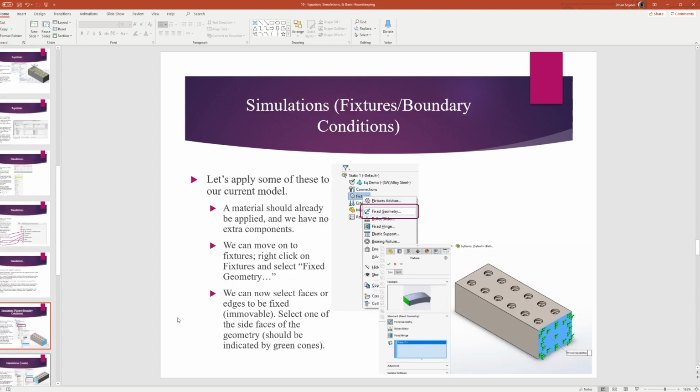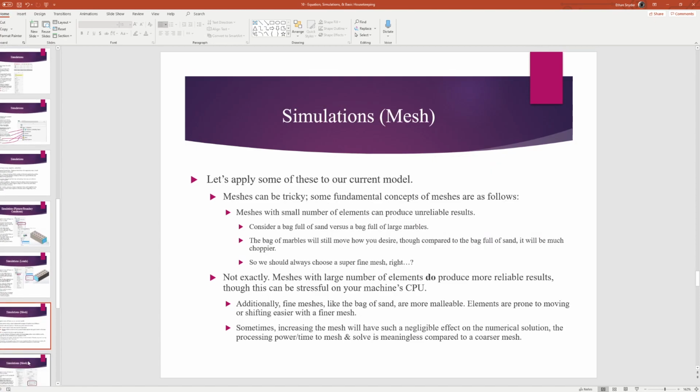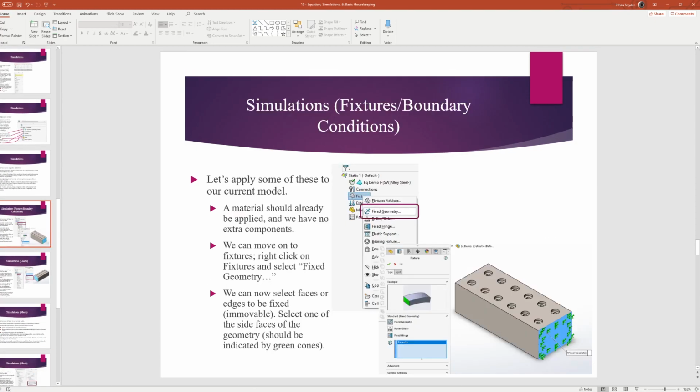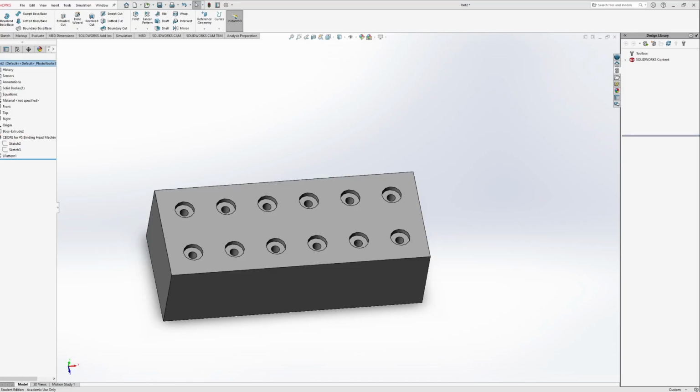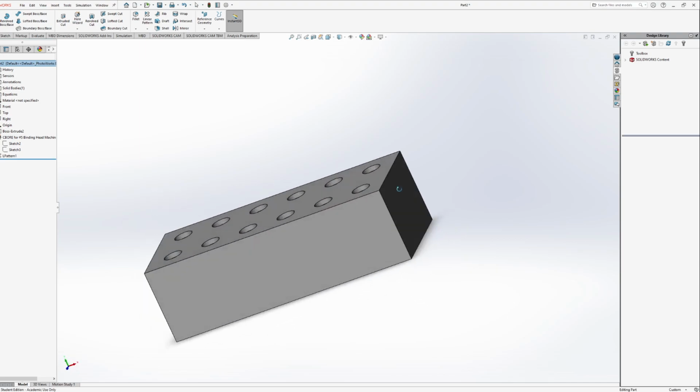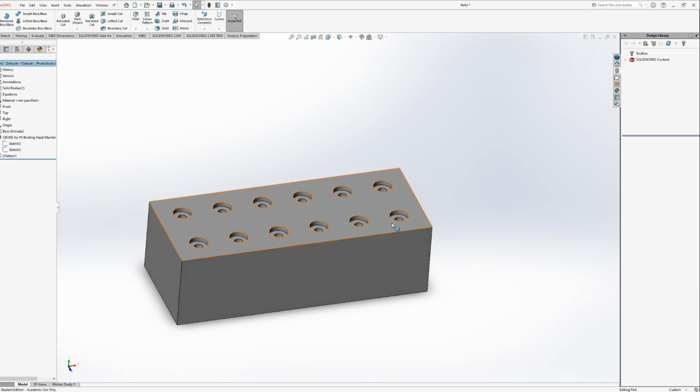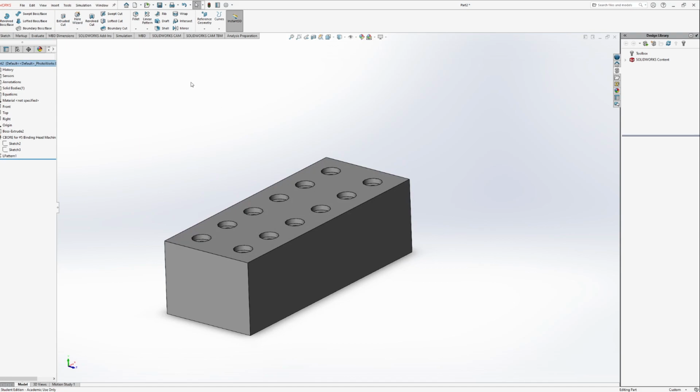Furthermore, I talk a little bit about fixtures, and this is just going into actually how to apply some of these things here to our model. So yeah, I'll come back to mesh, and let's create some of the basic aspects of our simulation here. So kind of like what I talk a little bit about in the PowerPoint, but